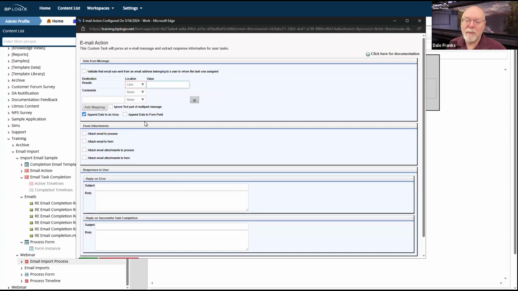So if I set it by line, I can just set line 1 as the line where I want my results and line 2 as the line where I want my comments. So my users just need to know when they reply, very first thing is you just type in approve or deny, and then you hit enter, and then you type in whatever comments you want to set up as signature comments.